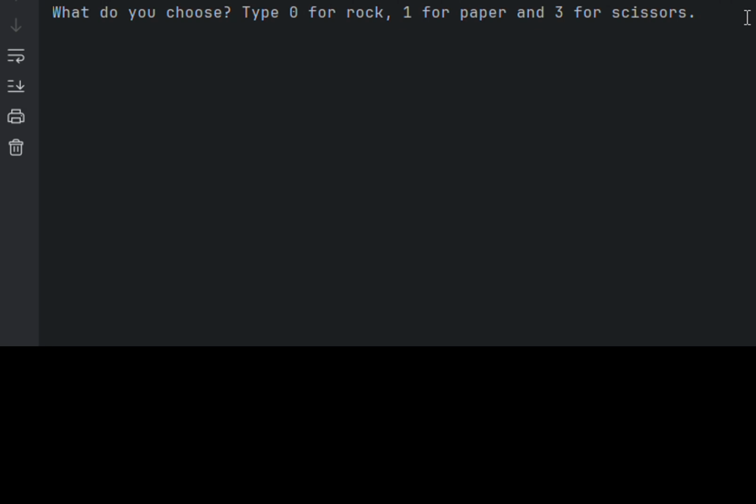So to give you an idea of what I'm expecting from you, so this is it. Never mind the graphics because I added the drawing of the hand with the scissor, the hand and the paper. So disregard that if you want to, or if you really want to create one, then do it. Say for example, this one, what do you choose? Type 0 for rock, 1 for paper, 3 for scissors. Actually, that should be 2. That's just the typo error in the program.